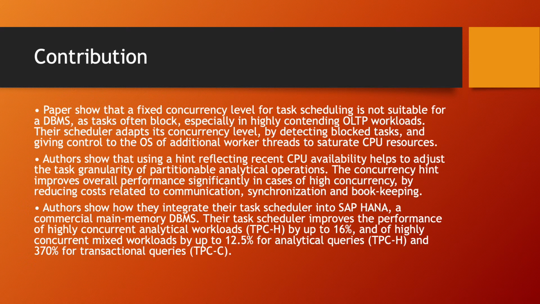The paper makes three key contributions. First, the paper shows that a fixed concurrency level for task scheduling is not suitable for a DBMS as tasks often block, especially in highly contending OLTP workloads. Their scheduler adapts its concurrency level by detecting blocked tasks and giving control to the OS of additional worker threads